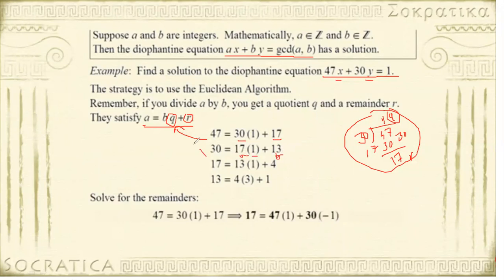Again, what we will do, we will put into the same equation. Now 17 is equal to 13. Now we have to calculate the value of the quotient and the remainder. So 13 into 1 is 13. So the quotient is 1, and the remainder, 17 minus 13, is 4. Now again we got the value of a and b. So a is 13 and b is 4.